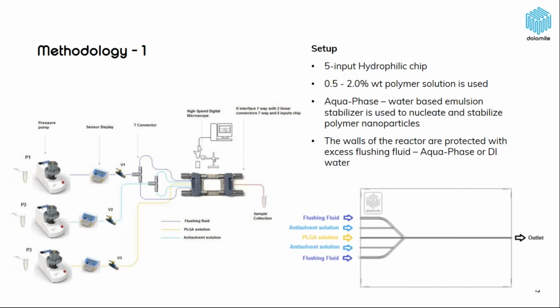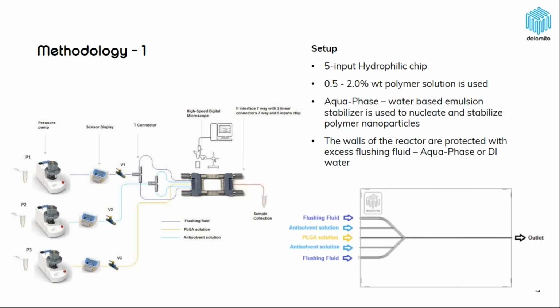Well, the biggest problem with making PLGA particles in flow, or any nanoparticle in flow, is that nanoparticles will tend to adhere to the walls of the channel and thus block it. And with any other system, that's a problem. So what this chip achieves is it creates a protective flow of material on the sides of the channel, and then creates a solvent anti-solvent system within the channel where nanoparticles can nucleate and grow without restriction and be safely